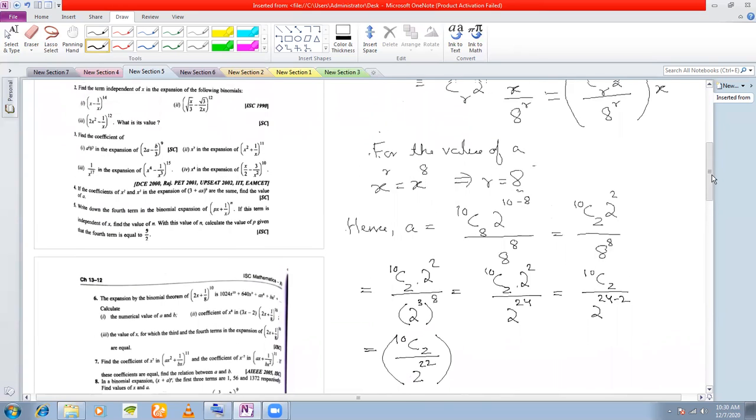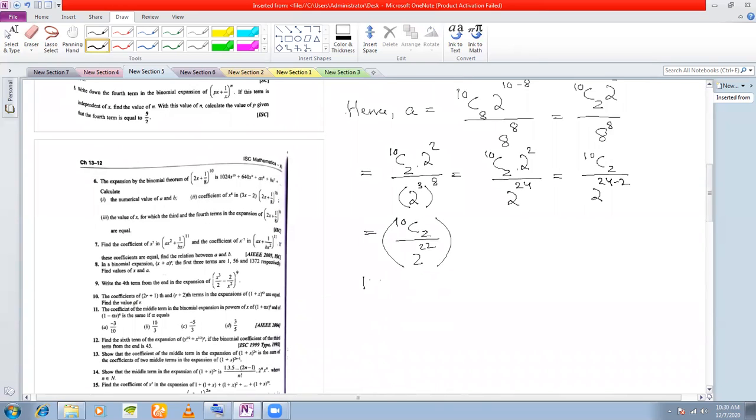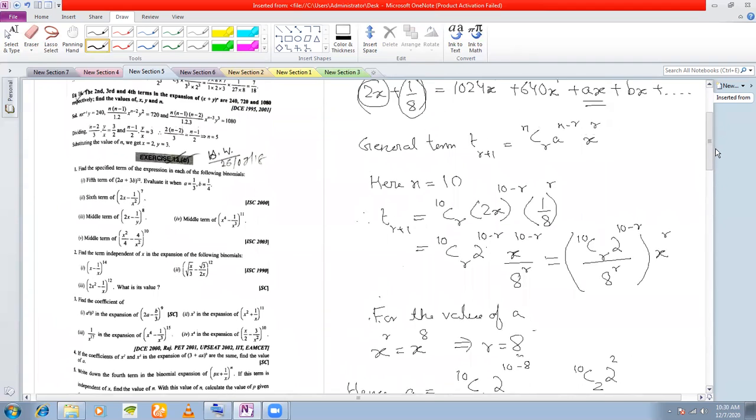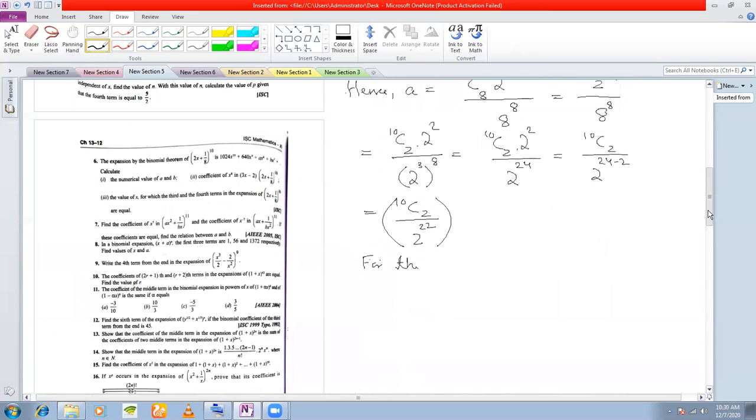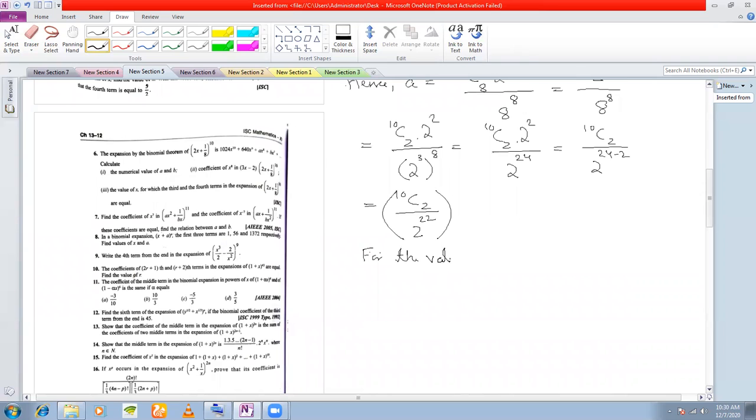Okay. Next, the value of b. For the value of b, what is the power attached to x? For the coefficient b, it is 7. So for the value of b, you must have x to the power of r equal to x to the power of 7. That means r must be equal to 7. So what is the value of b? Hence, b is equal to